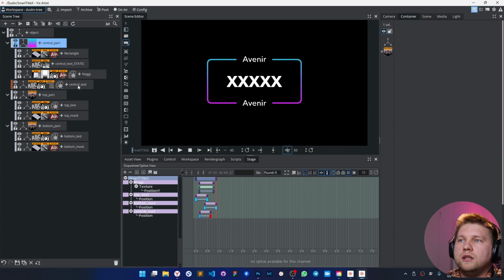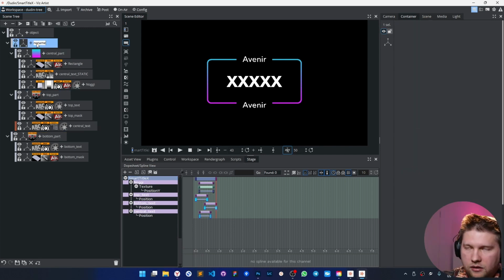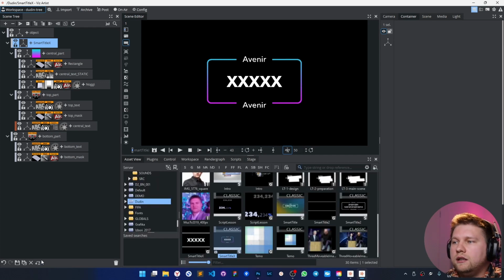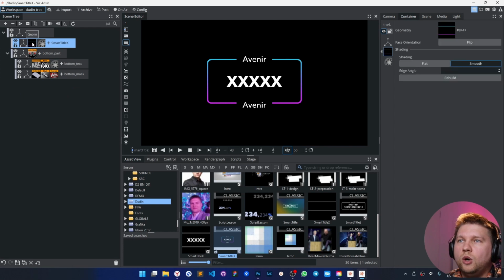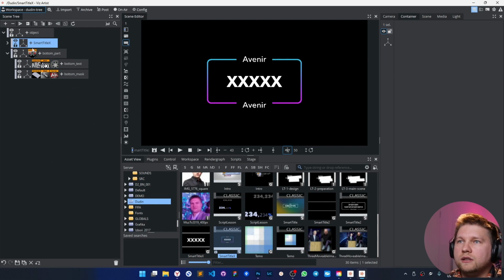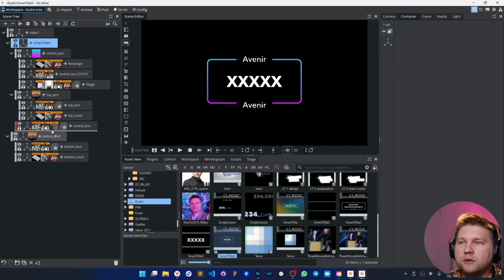Okay, I'm selecting all these parts and make a wrapper like that. So let's call it something like that. Save it just in case. And let's make a geometry from that. Oh, whoa. Somehow I forgot to put this part here as well.